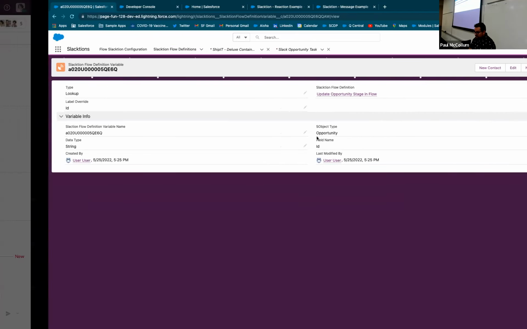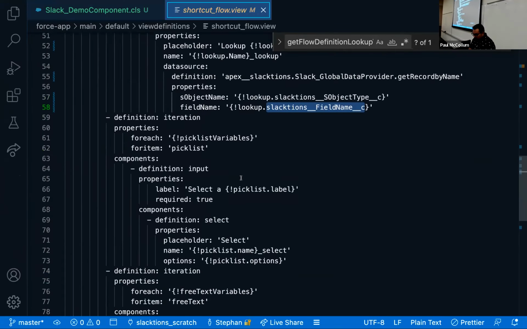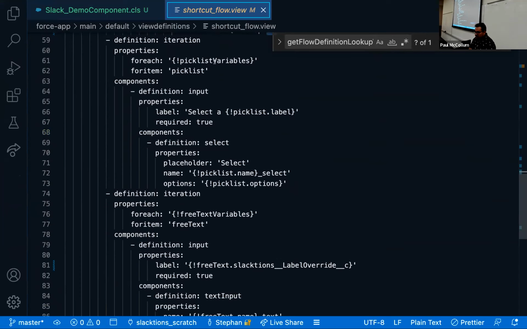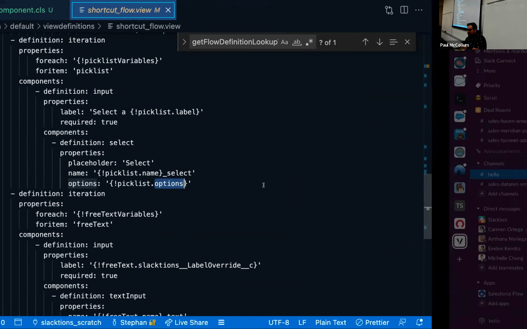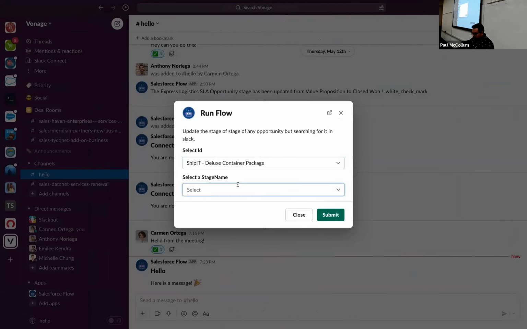Same thing with the pick list values. We've got a very generic data provider here for pick lists. And so here's our pick list variables, and we're then passing in the options into that property, Slack options. And so that way we're able to create an unbelievably generic UI in Slack that's being driven fully by that Salesforce config and data, which really shows how powerful this SDK is, because I can now click that opportunity and